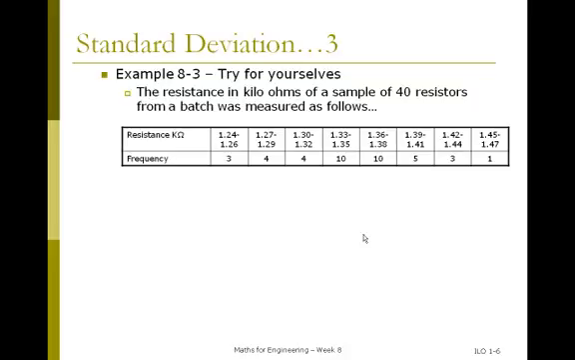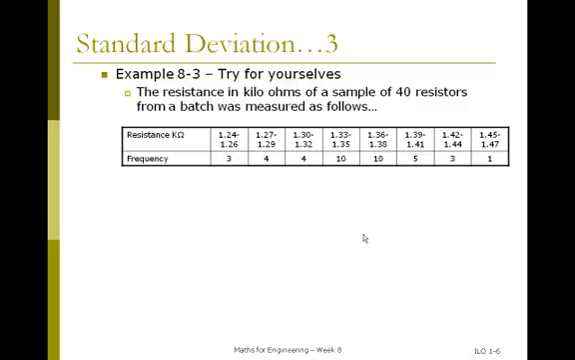Now I have a few examples here for you to try yourselves. The resistance in kiloohms of a sample of 40 resistors from a batch was measured as follows. So we have the resistance in kiloohms 1.24 to 1.26 and the frequency is 3, 1.27 to 1.29, the frequency is 4,